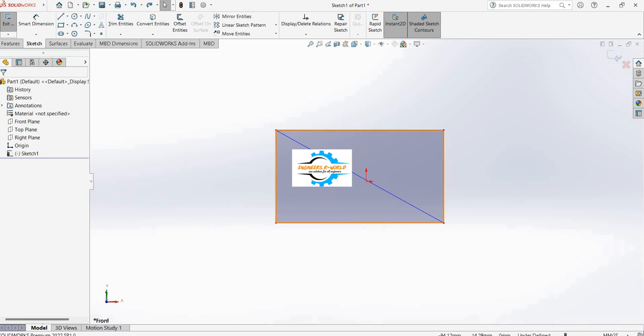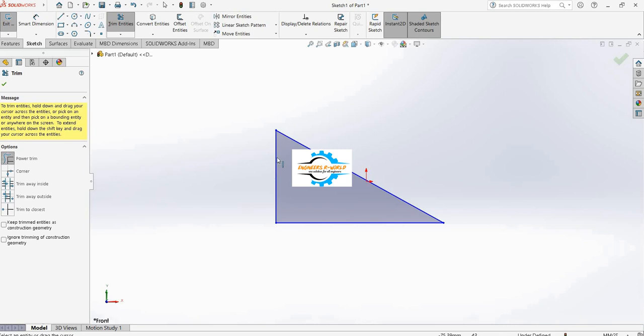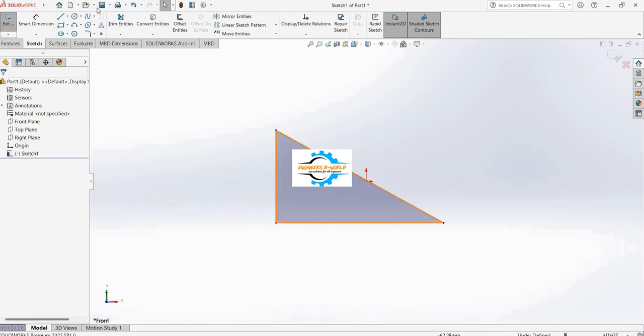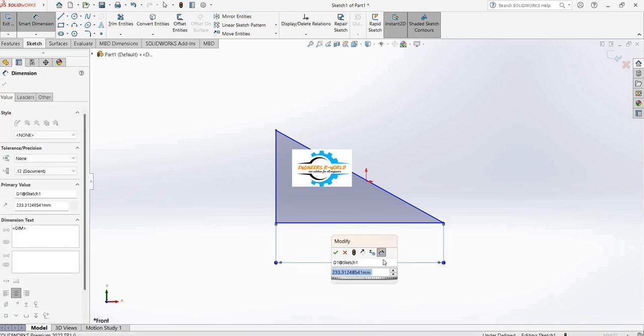To recognize that overlapping, there is no particular identification, but you can remember this: if you compare these two lines, you can check this one has a thin line compared to this, so some thickness is reduced. So you can also identify it like this. If I remove this, and both lines have the same thickness, you can recognize that too. After completing this, keep the dimensions, whatever dimensions you want, and change the dimensions